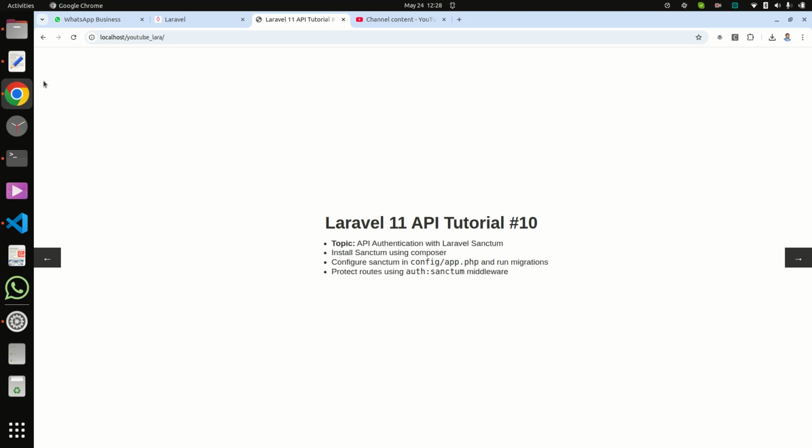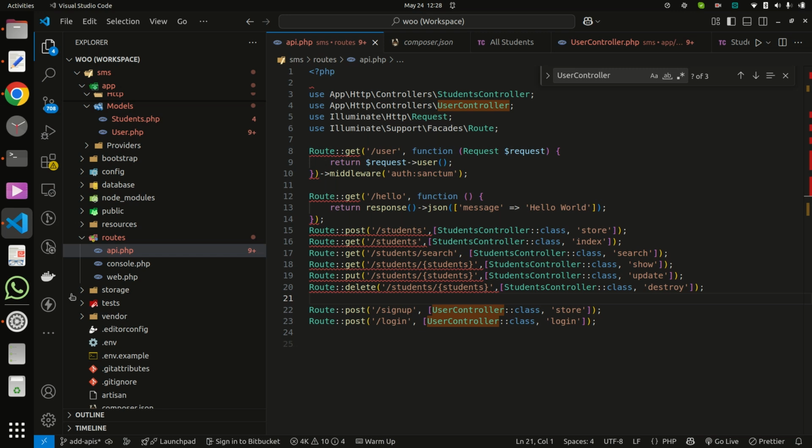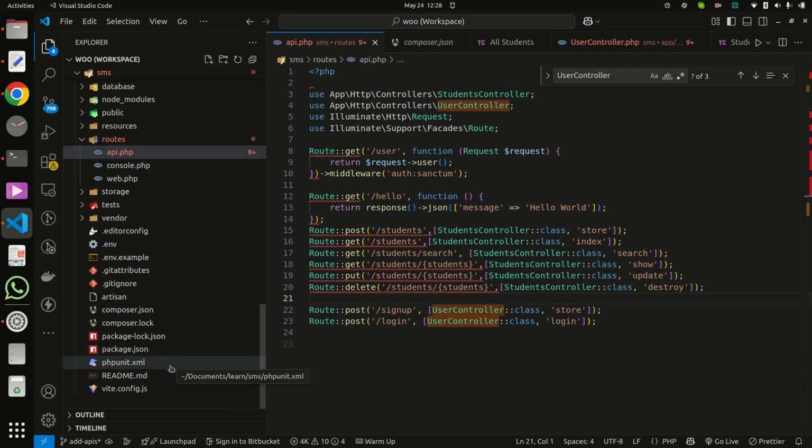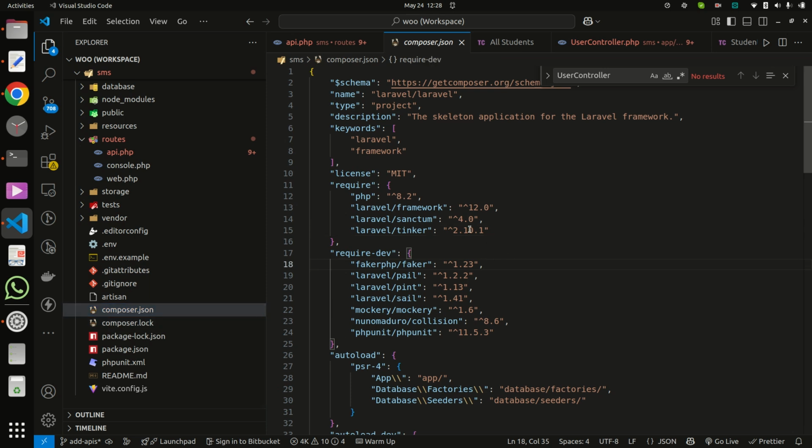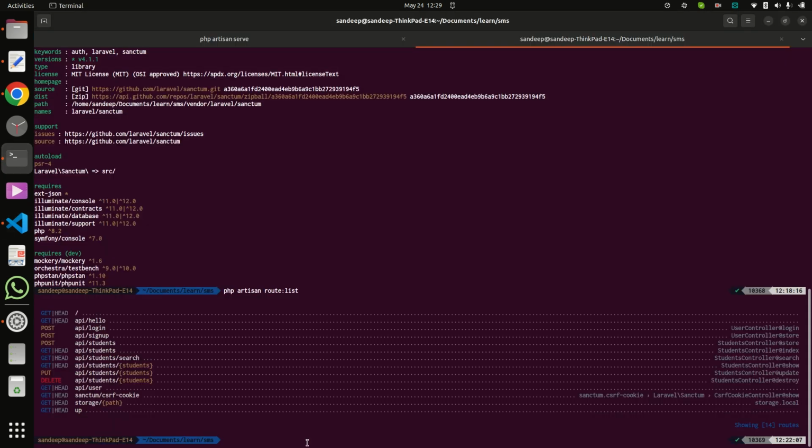For that we can check inside our composer.json file, and inside that you can see Laravel Sanctum is available. You can also check via php artisan route list, and here you can see the Sanctum CSRF cookie route is available.